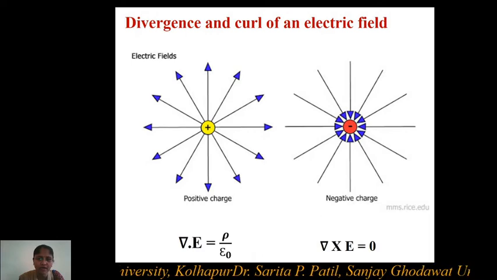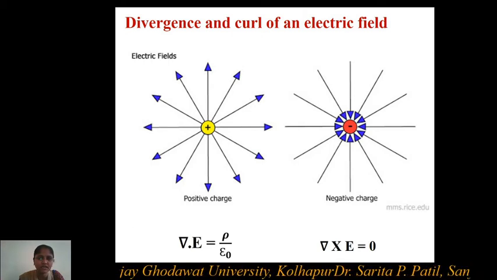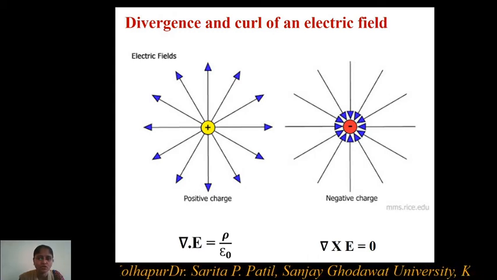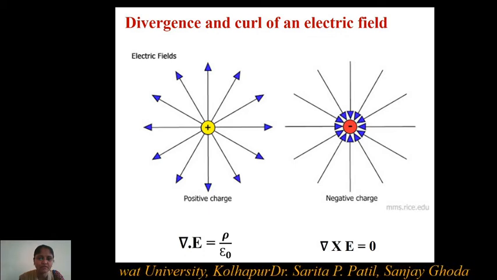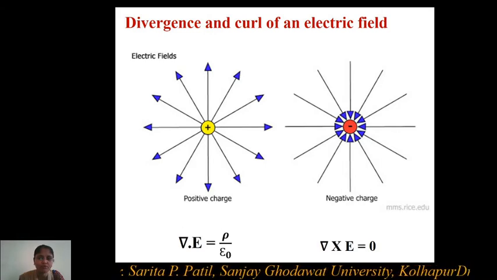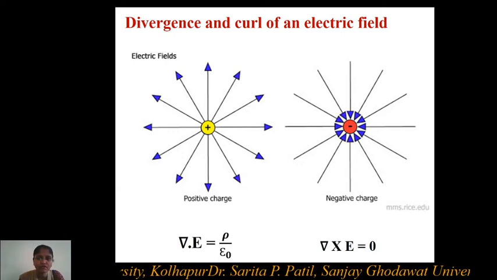What do you mean by electrostatic? Electrostatic means these charges are at a static position, they are not in motion. They are called static charges, and the electric field generated by these static charges is called electrostatic field. So in electrostatic field, the divergence of electric vector has a certain value, and that value is given by charge density. Obviously, depending upon the number of charges per unit volume, the electric field strength of that particular area will be defined. So divergence of electric field exists. It has a non-zero value.